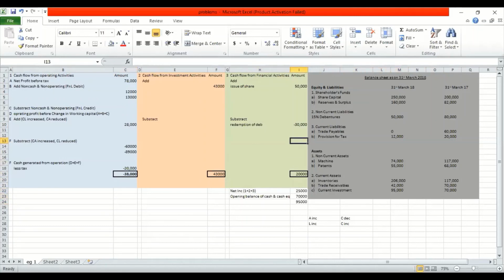Now in this sum, there are a few more adjustments which we can learn, but I will take you through them in the next slide where we are going to learn adjustment. The 15% debenture, that 15% is a hidden entry, okay, which we will be learning very soon. This particular sum is being taught to you so that you know the posting correctly. And once you do this much posting, I can assure you that you will get 4 marks. So in 5 minutes, you're done. You're good enough to get 4 marks in cash flow.